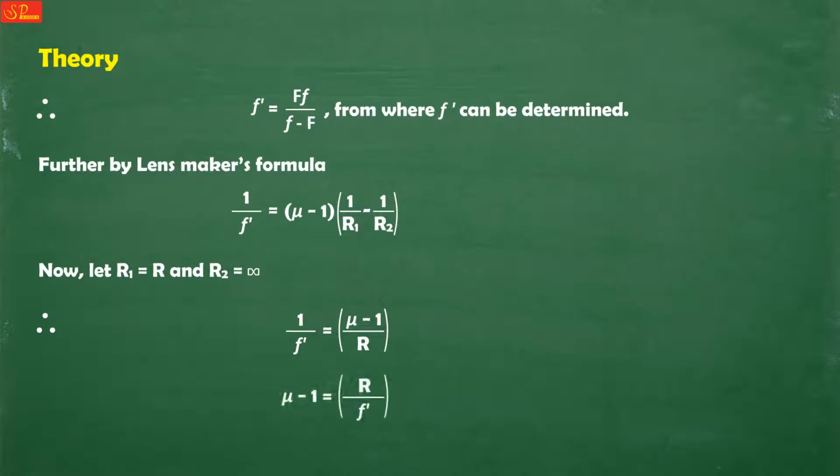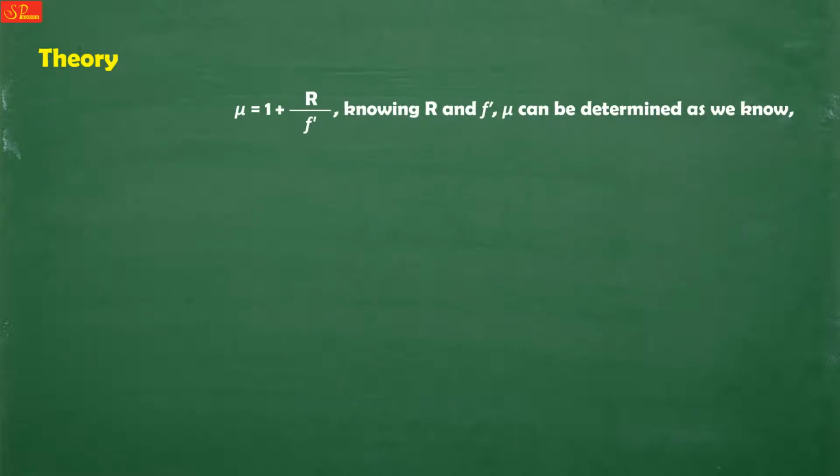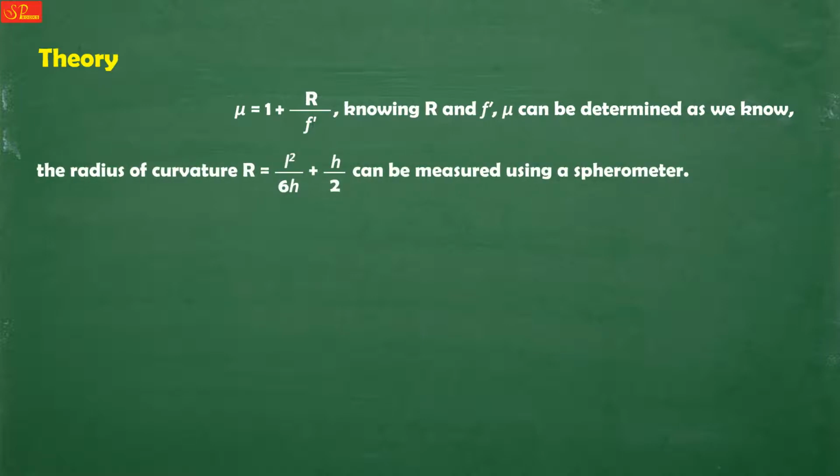Mu minus 1 equals r by f dash, mu equals 1 plus r by f dash. Knowing r and f dash, mu can be determined. The radius of curvature r equals l square by 6h plus h by 2,